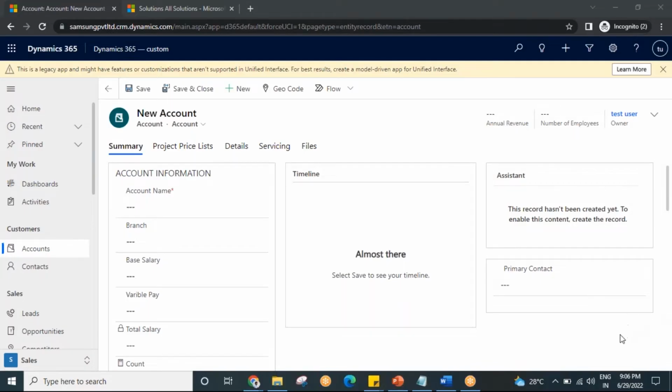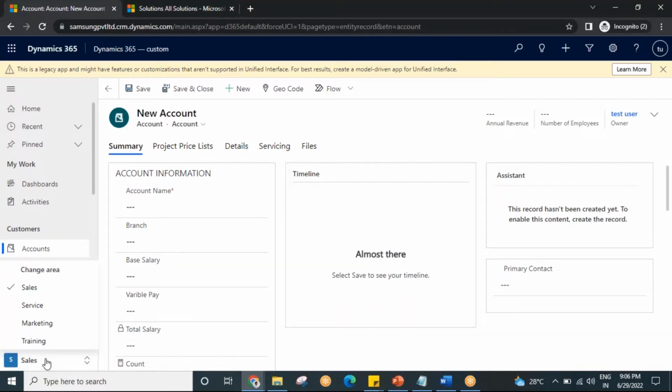So before going into the Dynamics CRM application, we should know the component names of the Dynamics CRM tool, because here we have different modules like sales, service, marketing, right? In further classes, we'll discuss module by module, like the sales module, service module, and marketing module. During this discussion, I'll use some terms with respect to the CRM. I'll use some words like